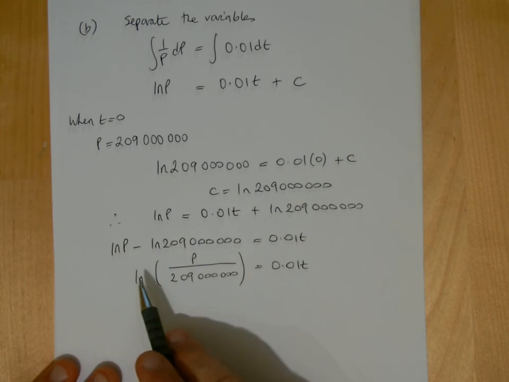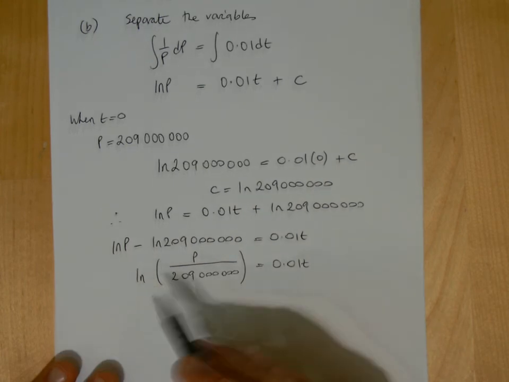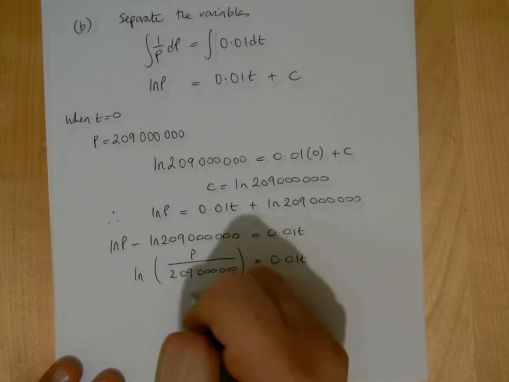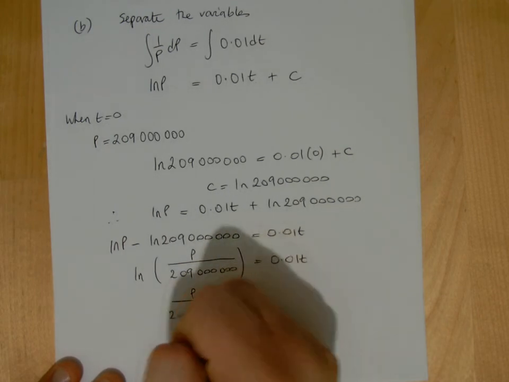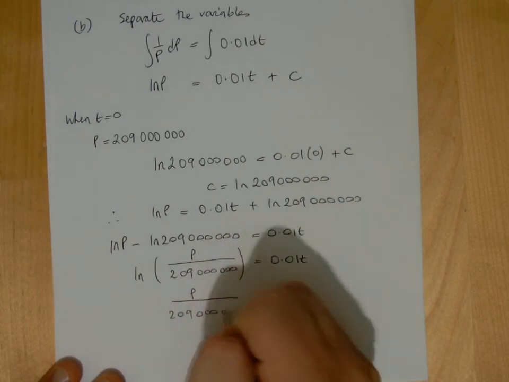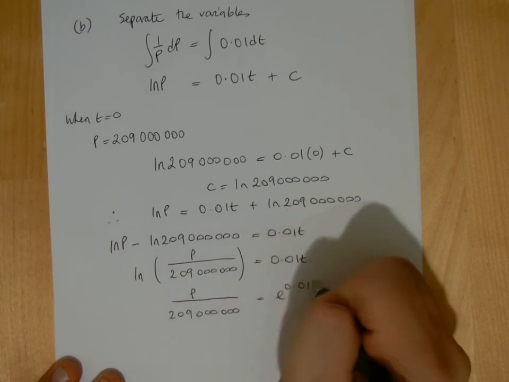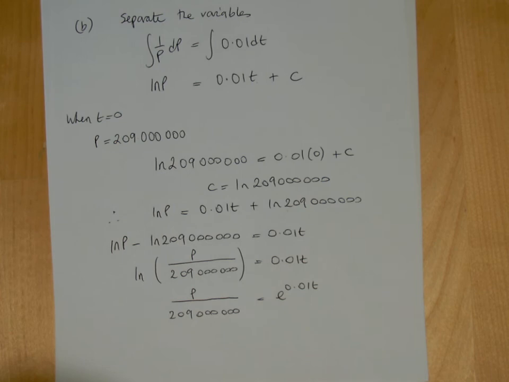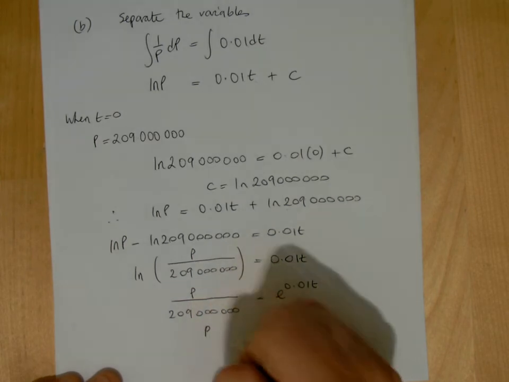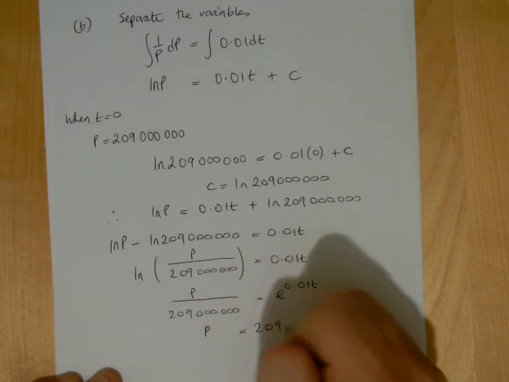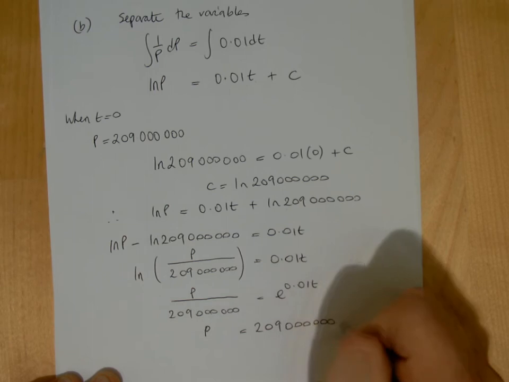Get rid of the ln, take it over to the side, so you're doing the opposite, the inverse operation, which is e. So you've got P over 209 million equals e to the 0.01t. And then take that 209 million up there. So P will equal 209 million e to the